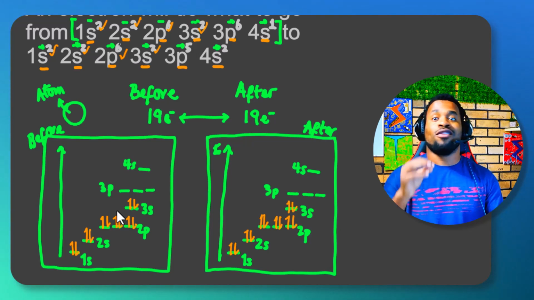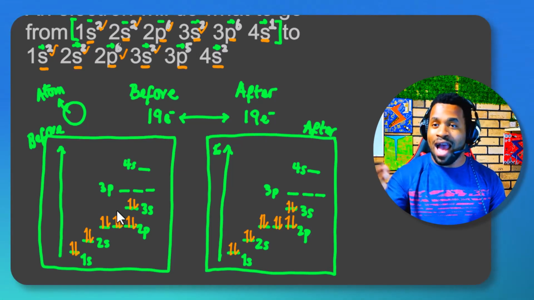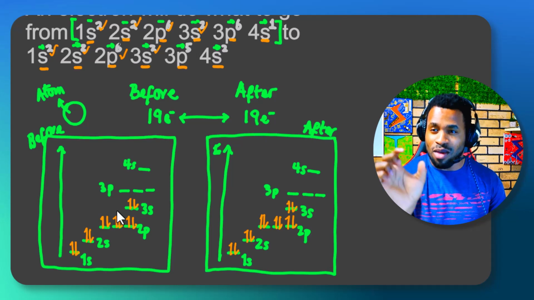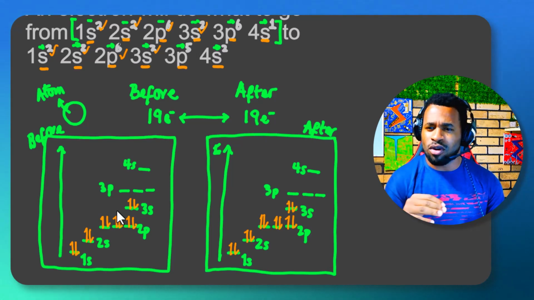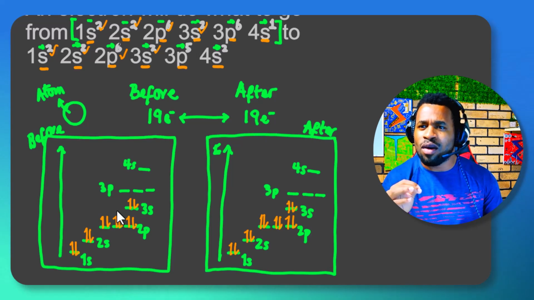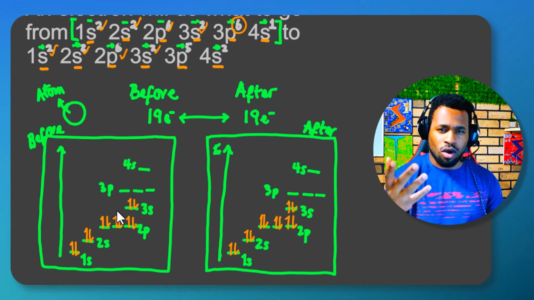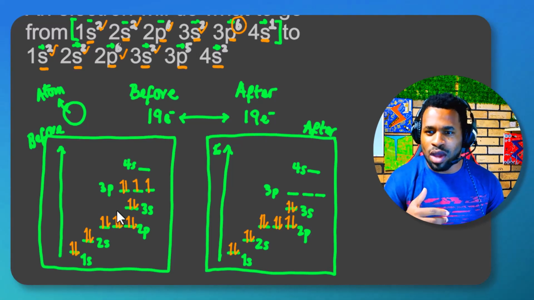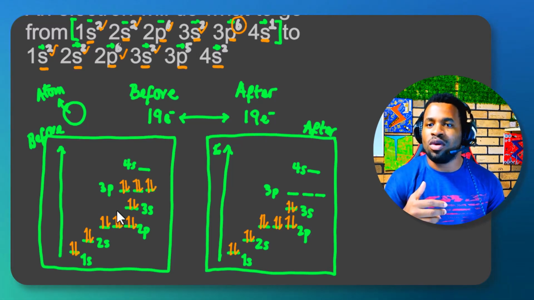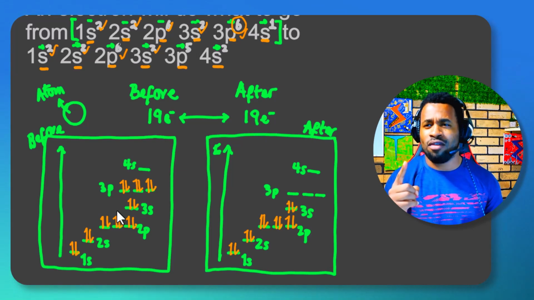Now the difference is clear when we get to the 3p and the 4s in terms of what is truly happening at that later part of the orbitals. This shows that before, we have 6 electrons, following Hund's rule and the Pauli exclusion principle, and then when we pair them up we have our 6 electrons, which satisfies this number. However, for our